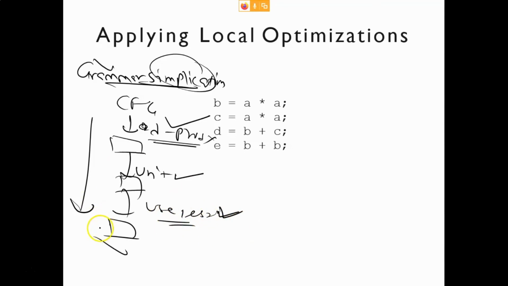Why do we have this order? Let me tell you. Because let's assume you do not apply in this order, and you want to do the unit production elimination first. You apply the unit production elimination algorithm first. Then the problem is that after you apply this unit production